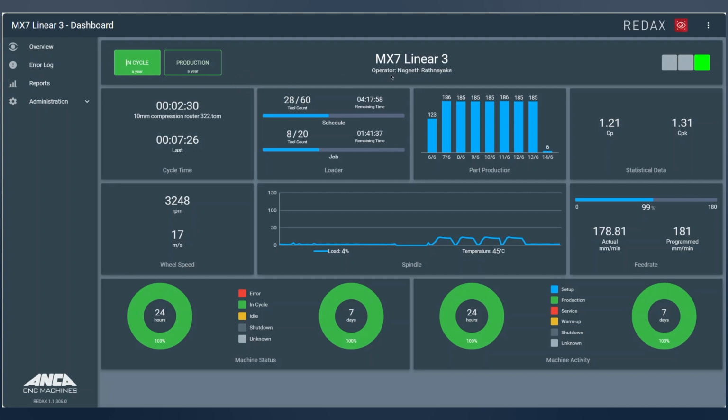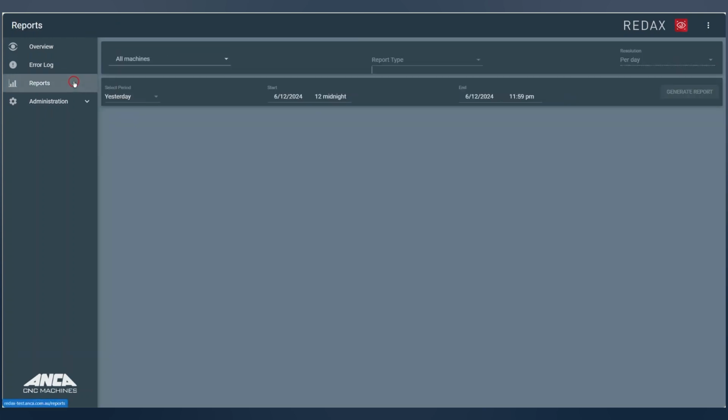However, this overview provides us with information about the current status of the machine or a brief history of the last 7 days. If we want to know more, for example, what happened on the machine last week, we should take a look at the reports. You can use the reports to list information at any point in time, both now and from the past.